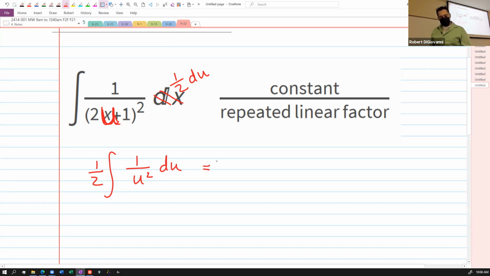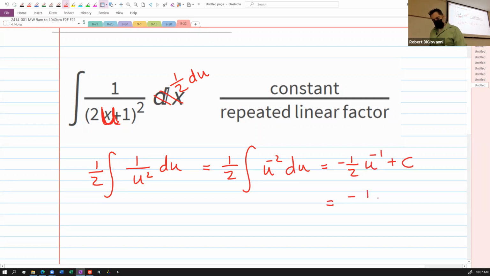Now that is u to the negative 2. And now you just use your power rule. Good old power rule for antiderivatives, right? So the antiderivative of u to the negative 2 is negative u to the negative 1, right? Because you're adding 1 to the exponent, you have to multiply the front by 1 over negative 1. So this should turn out to be the negative, I'll just pull it out to the front, u to the negative 1 plus c,